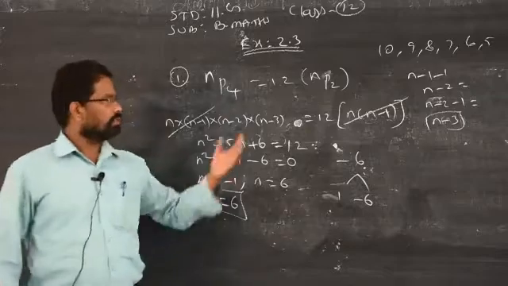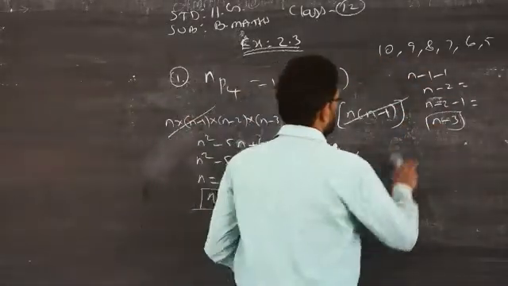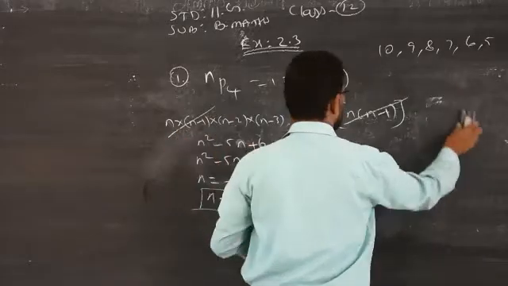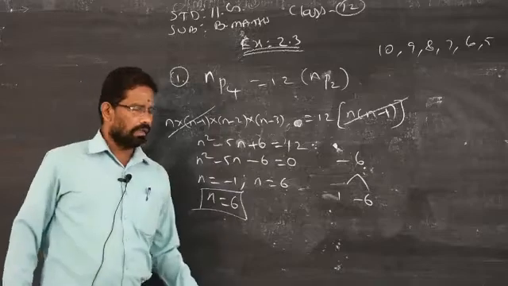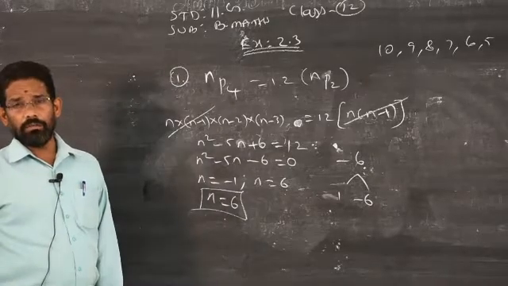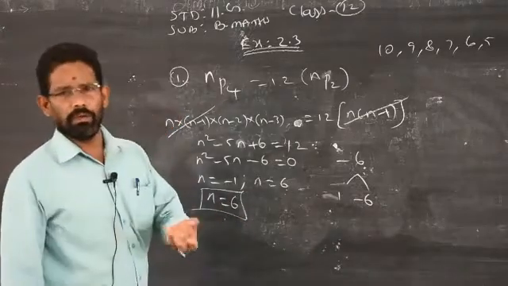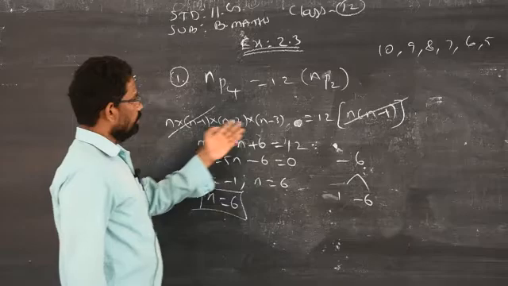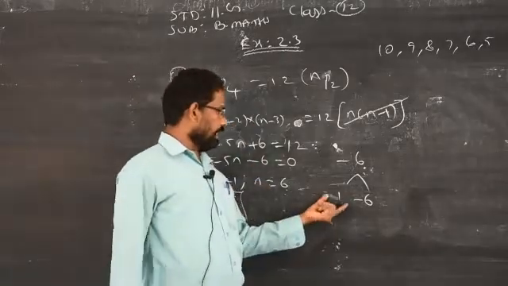Are you clear now? So I am just using the base simple concept. So you may have only n, doesn't matter. You just subtract 1 from the previous number, you will get the next number in descending order. If it is ascending order, you have to add, whereas in descending order you have to subtract. This you know very well in the lower classes. So after simplifying this one, I got n is equal to 6. So I am writing straight away the answer.